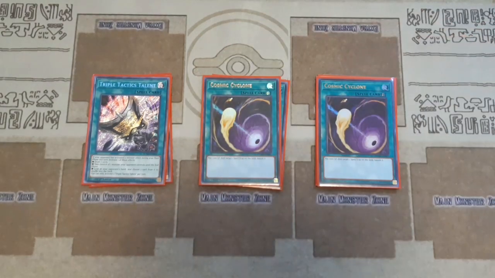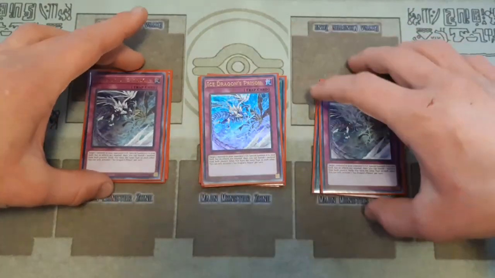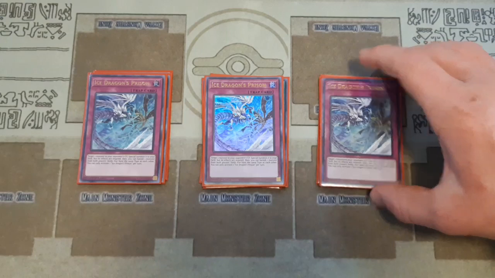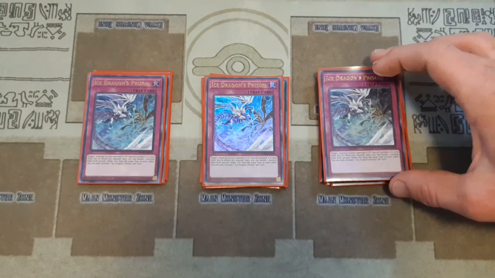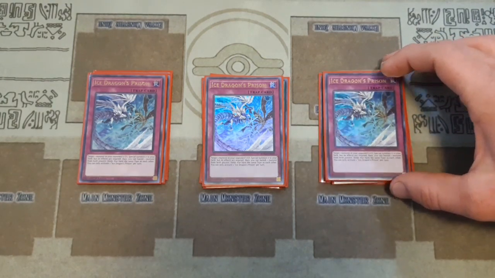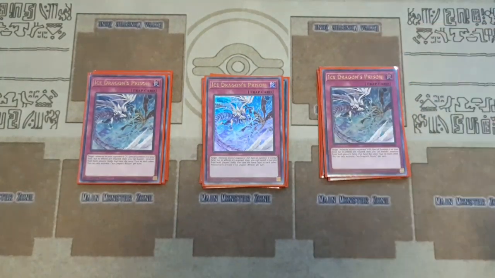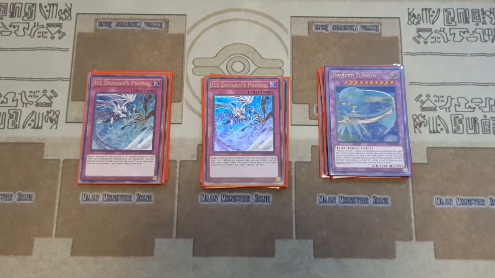2 copies of Cosmic Cyclone. This is just in here for stuff like Eldritch and whatnot. And then 3 copies of Ice Dragon's Prison. This was originally There Can Only Be One, but I kept finding time after time that there are some decks that play a lot of different attributes and whatnot, but basically every deck is going to be playing at least 2 of the same attribute. And so this is, again, really nice for the Dark Dragoon matchup and anything else that's playing similar types. Then we're going on into 1 copy of Invoked Elysium for, again, the Dogmatica matchup, and 1